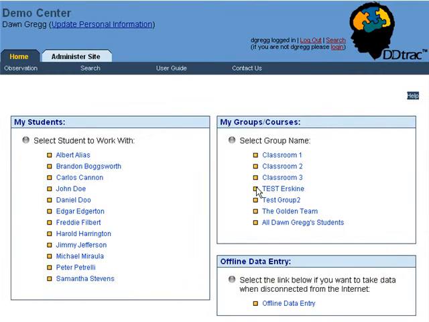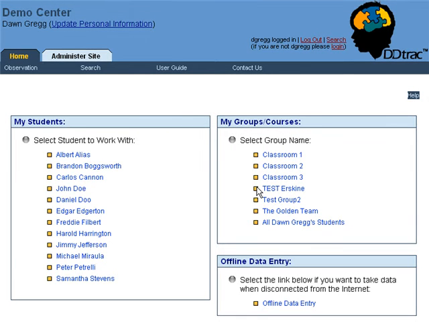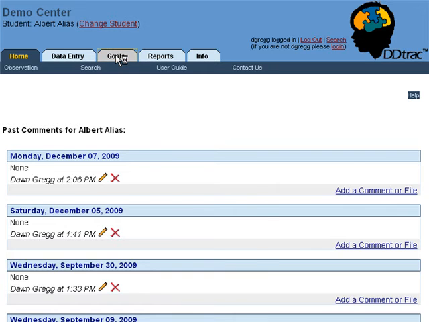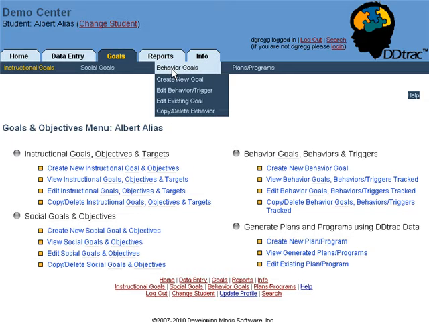When you want to track behaviors for a specific student, you need to set up the behaviors and triggers you want to track for the student, and optionally you can also set up behavior goals for those students. In order to set up behavior data tracking within DDtrac, you're going to want to select the student's name from the main DDtrac menu. Then you'll select the Goals tab, and you'll see Behavior Goals, and you'll have the option